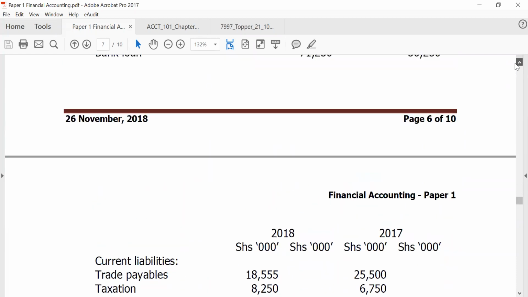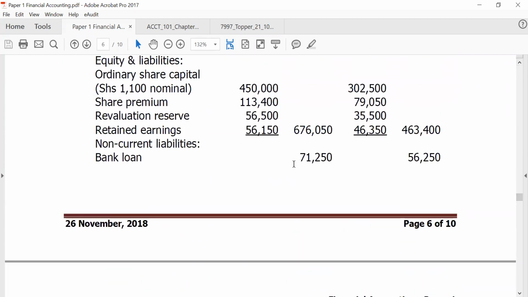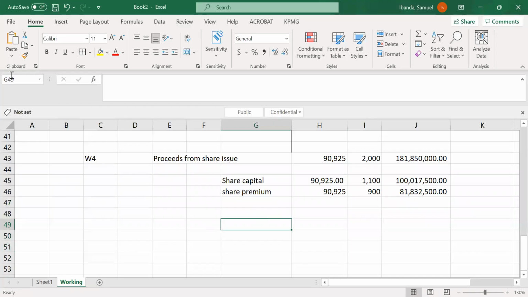When you come up here, we have a loan. We had 56,250 and it is now 71,250. So you know very well that this increment is due to an acquisition of a new loan. So you just come and calculate that, when you get the difference between these two values,